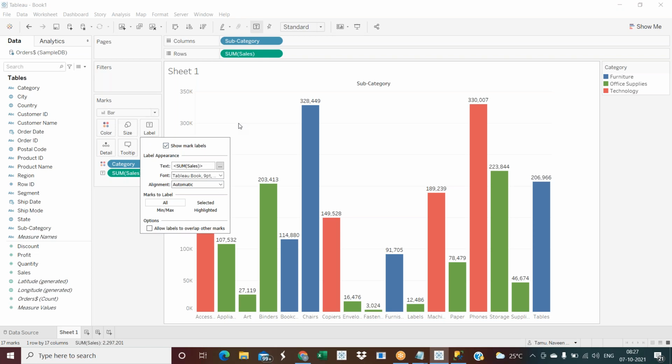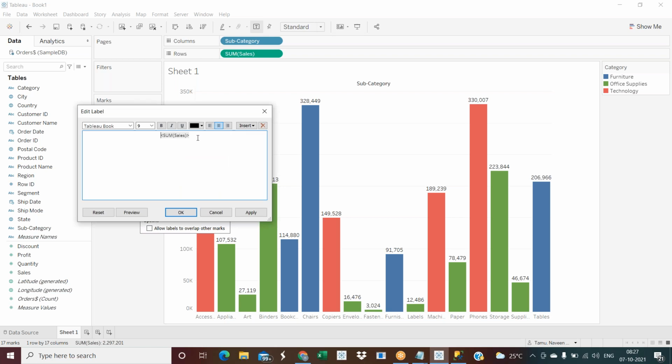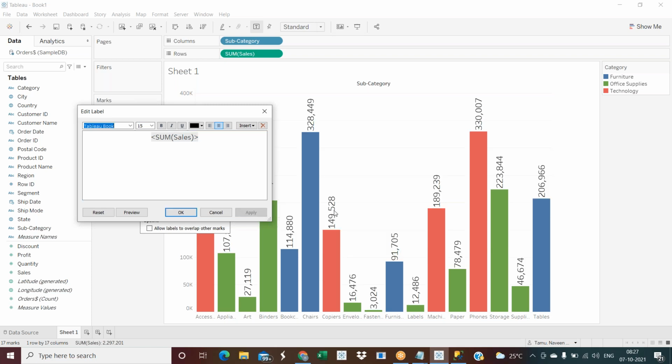Even though we need to do a lot of formatting for this, go for text. I can change the font, the font size, bold or not, and the color. Everything we can change here. So I am just making it 15. You can see how it looks. We don't use this, but as of now I am just telling you that we can do anything. So you just do all these silly things, because today's silly things will work in real time tomorrow.